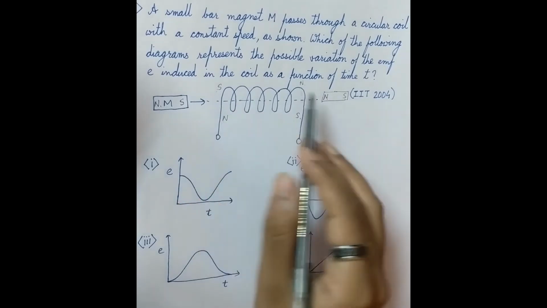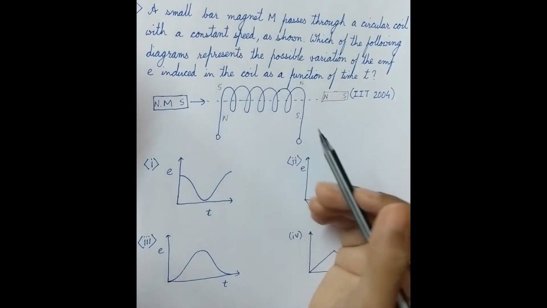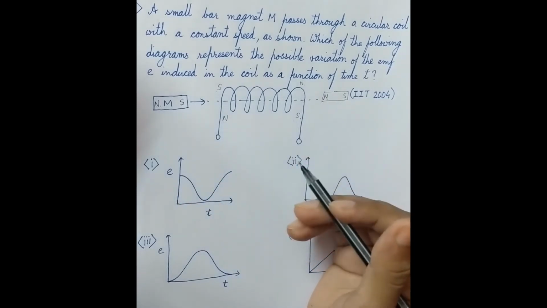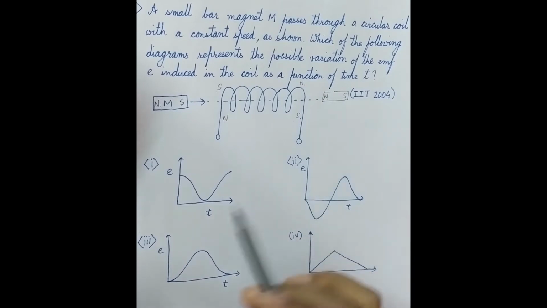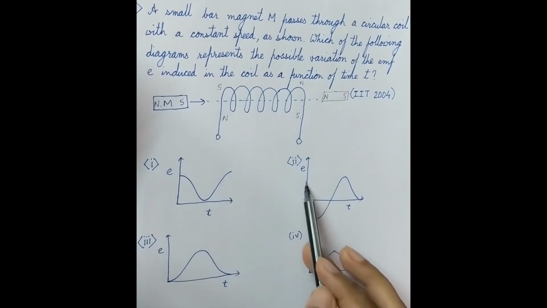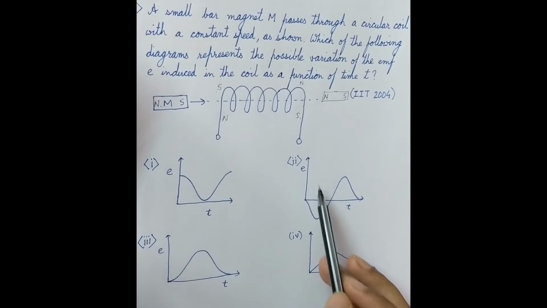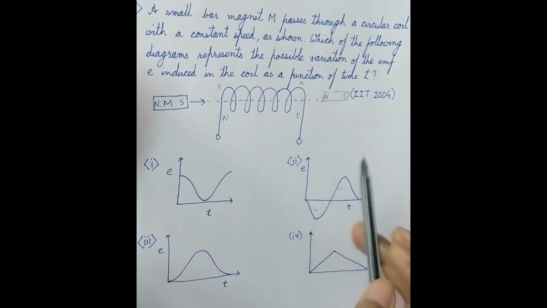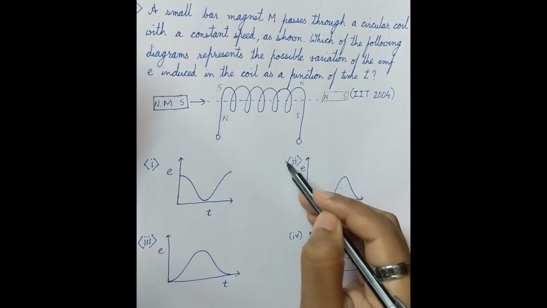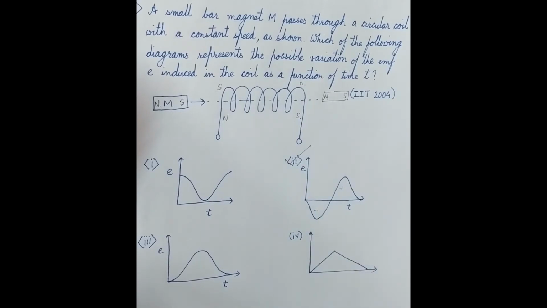So can you understand, if polarities are reversed, obviously the current directions and the EMF directions will have to be reversed. So there's only one graph here that gives me a positive and negative value of EMF. Remember, positive negative value of EMF means two different directions of EMF. So there's only one option here that accounts for that, two different directions of EMF. So this is our correct option. Let's move on to the next sum.